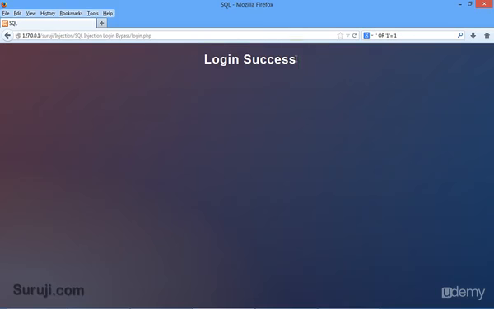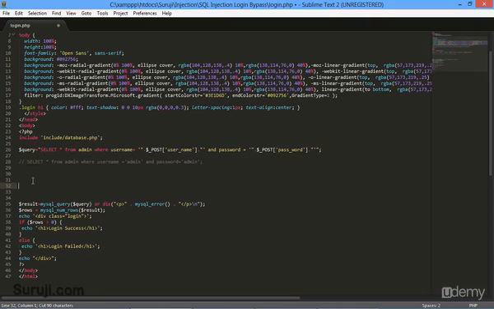Now let me explain what happened in the first case, when we passed the username as admin and password as admin. Let's look at the source code of login.php. So this is the code of login.php.